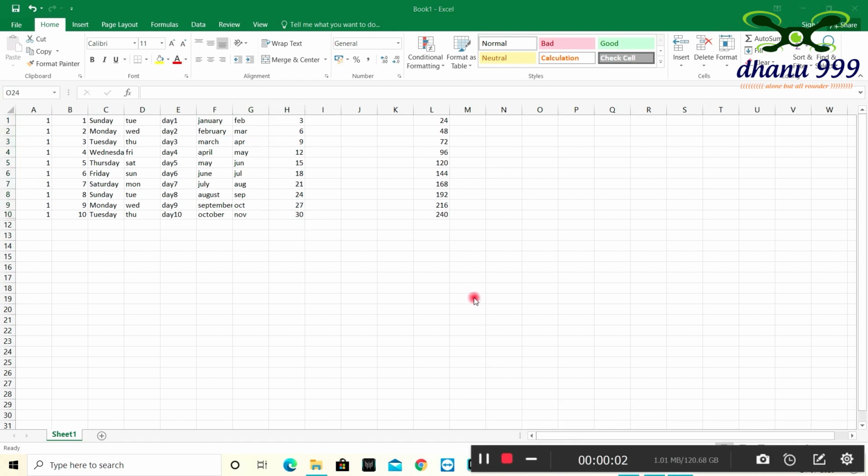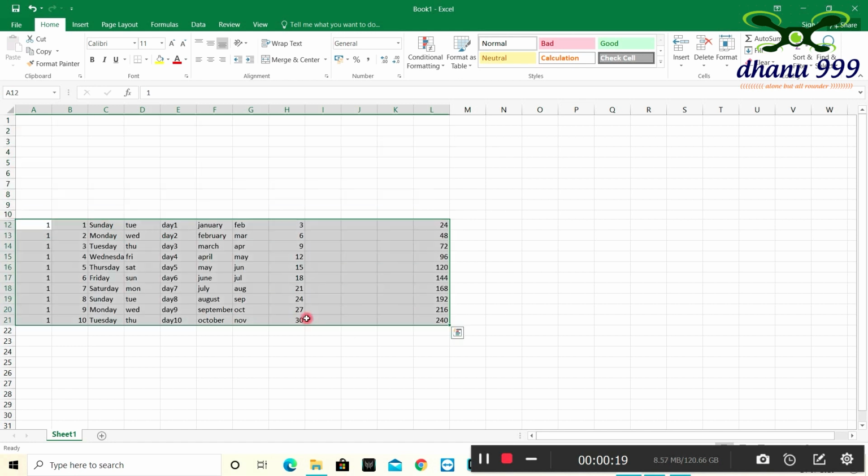Now I need to tell about copying, duplicating and movement. For example, I'm clicking here and dragging up to here, and I need to move this. I go for this line, select and drag here. So the entire total whatever we took has been moved.